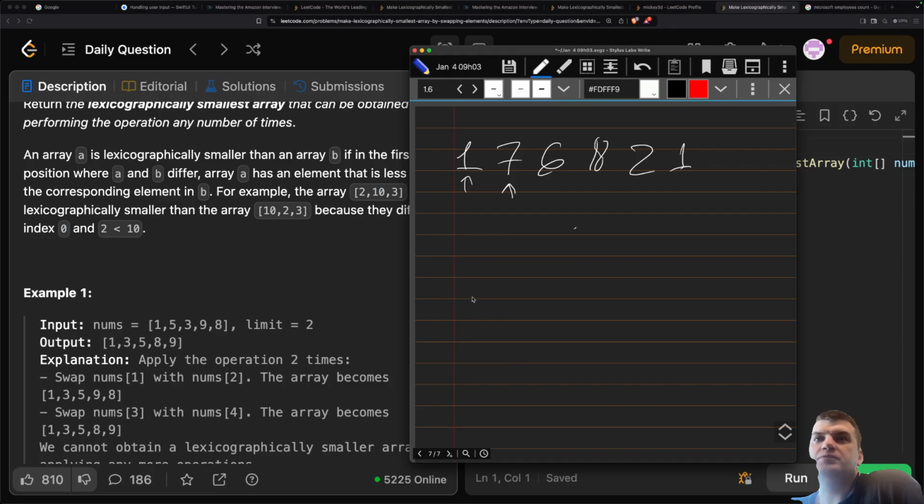So I have to capture somehow the difference, the delta, between those numbers